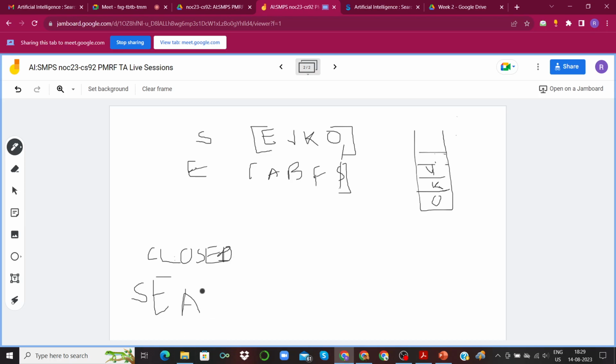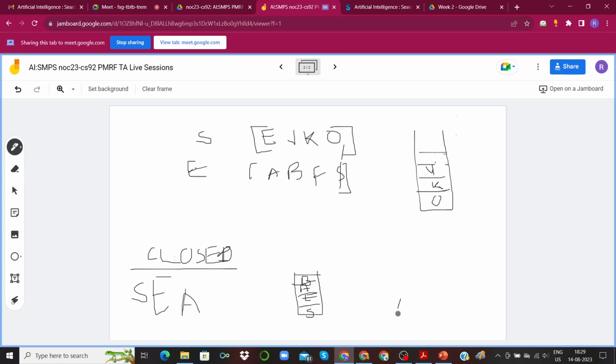Now when you are asked to output the elements of your closed list, if you consider it to be a stack, you would be pushing elements on top of each other, something like this. So when you pop out the elements, your output would be in the reverse order.